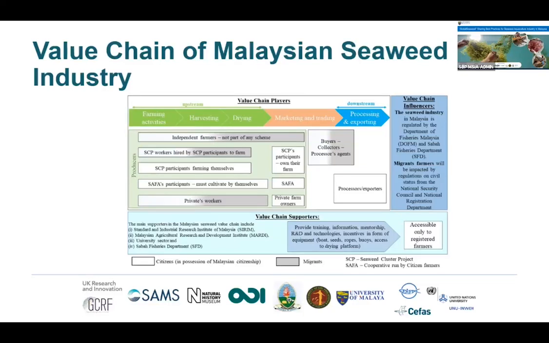Migrants are not officially allowed to own a farm or to participate in any government cooperative. They are therefore either independent, non-registered farmers or hired by citizen cultivators to farm as permanent or contract workers. Migrants are also involved as collectors or intermediaries. In general, many migrants are involved as independent farmers and also intermediaries. Migrants who participate as independent farmers and intermediaries can carry out their activities informally and do not receive aid directly.